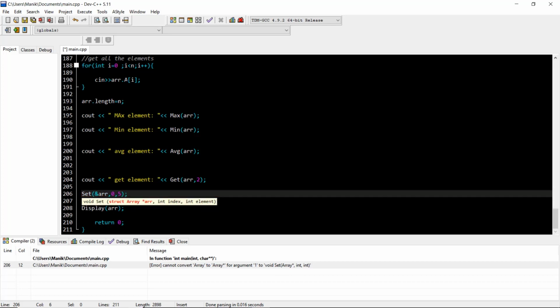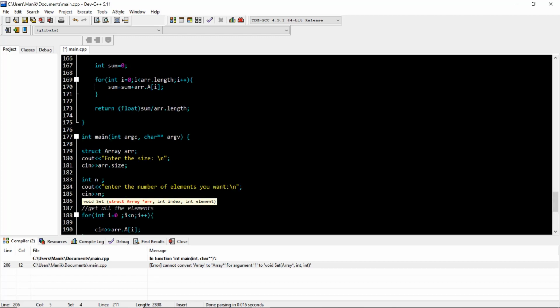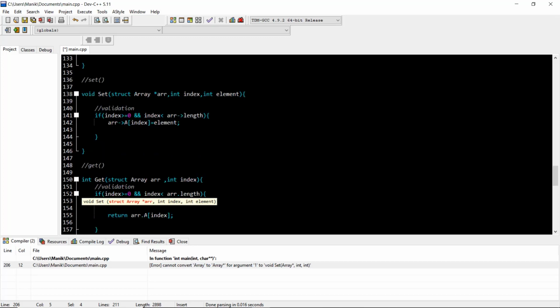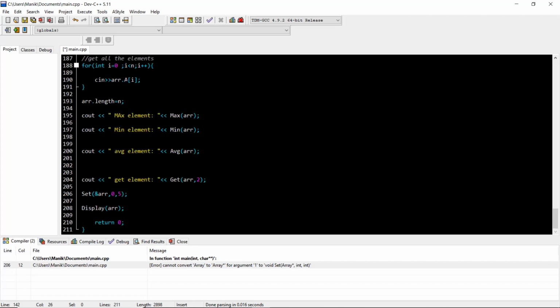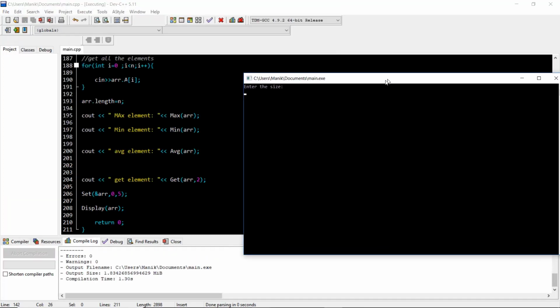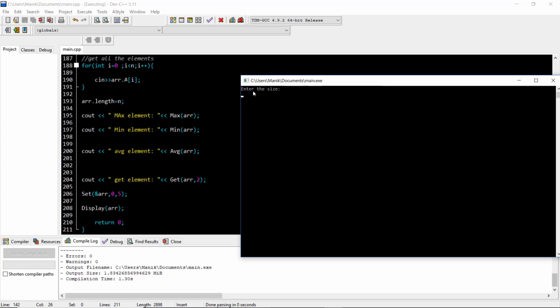Okay, so why we need to pass it? Because we are passing the reference star. Where is the star? Set. So that is the only reason. Okay, just try and do it. Okay, see, it's working. Now let's put the size 10, our elements 5.